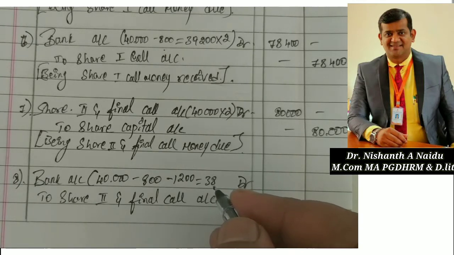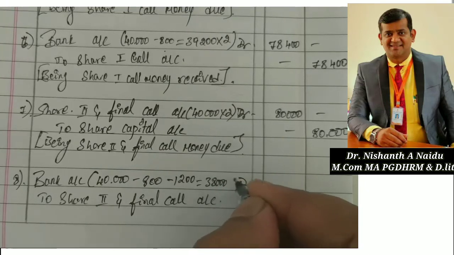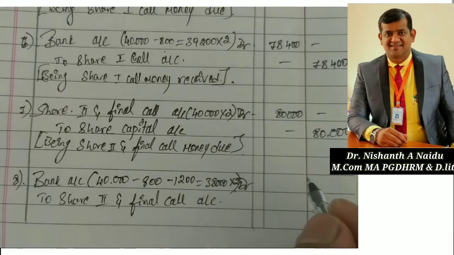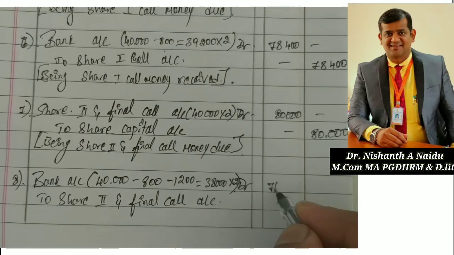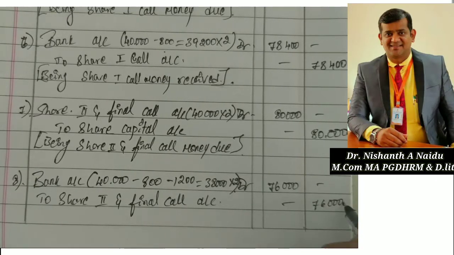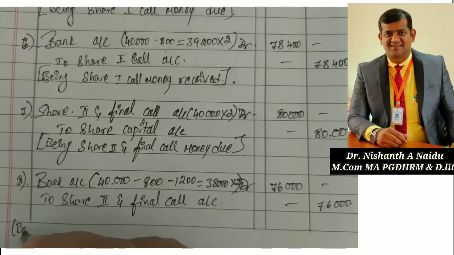38,000. Okay, so now calculate 38,000 into 2. 38,000 into 2 is 76,000. So now write the narration